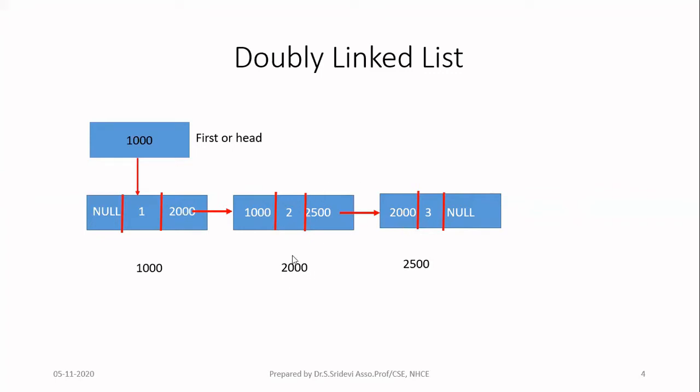So here, if you consider the last node, the previous node of the last node is this one. It is stored at the address 2000. So you will have that address here. And similarly, for the second node, the previous node is this, which is stored at the address 1000. So you will be storing 1000 in the previous field. If you consider the first node, there is no previous node for that, so we have null in that. And whatever the type of the linked list, head will contain the address of the first node. That is 1000 stored in the head. Now, this is a representation of the linked list.